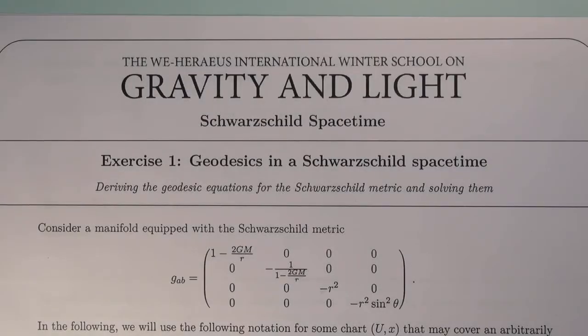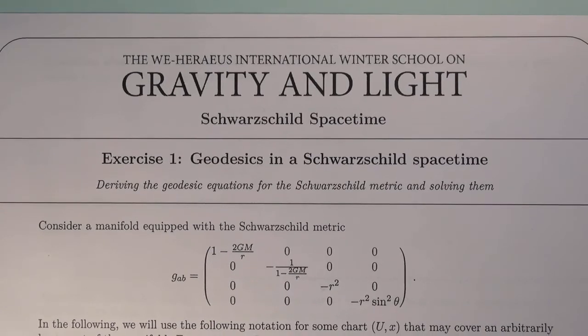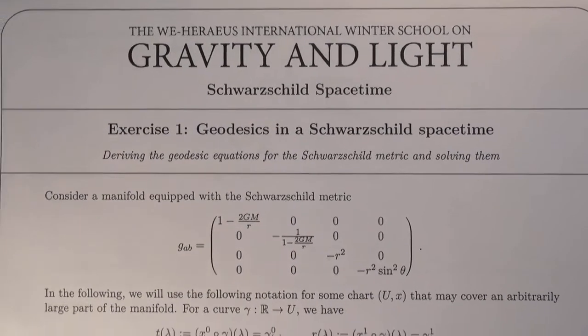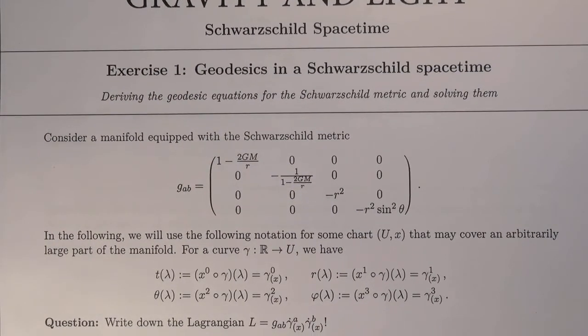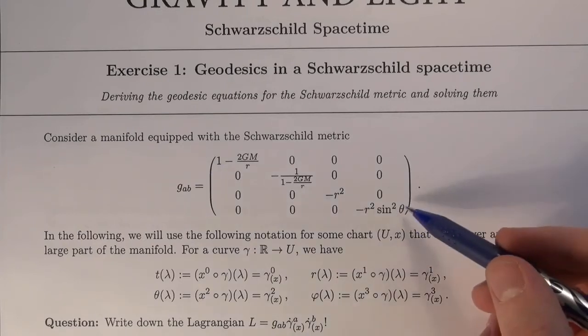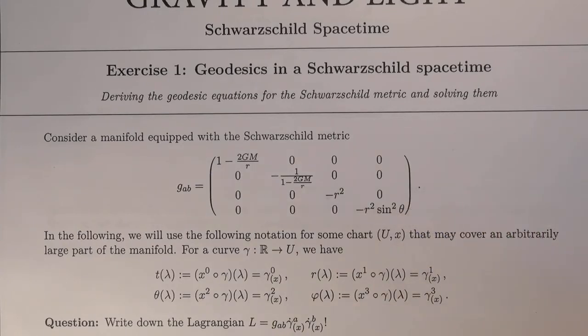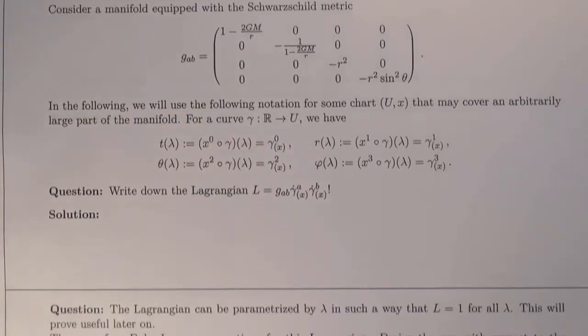Welcome back to the WE-Heraeus International Winter School on Gravity and Light. Today's sheet is the first actual physics sheet of this school, so we'll deal with the Schwarzschild spacetime. In exercise 1 we will look at the geodesics in a Schwarzschild spacetime. So we consider a manifold equipped with a so-called Schwarzschild metric that is given here. In the following we will use this shorthand notation, and the first question now is to write down